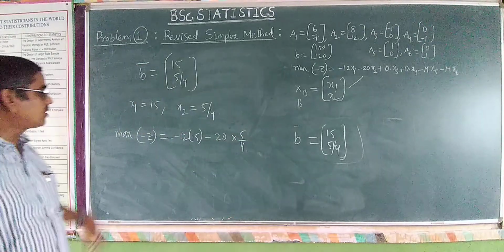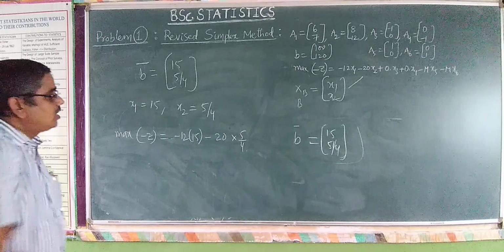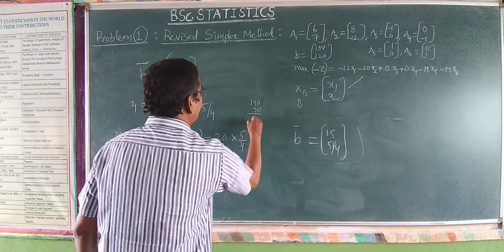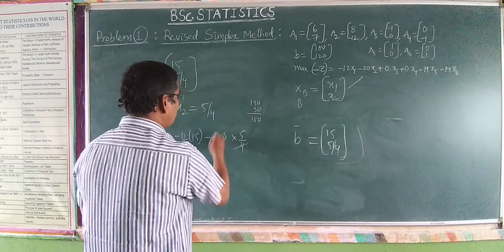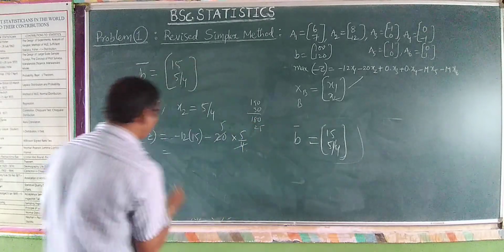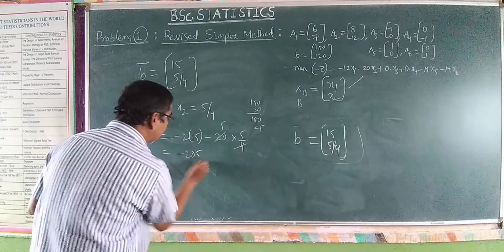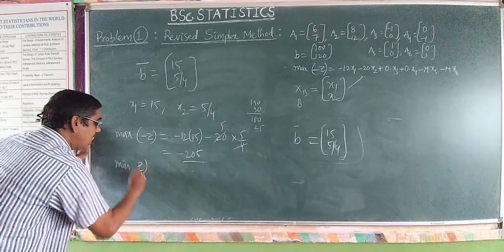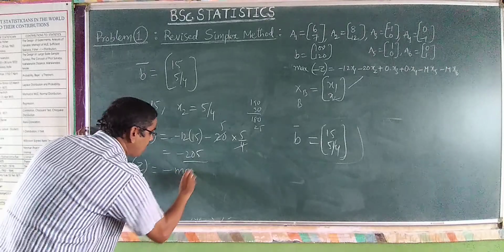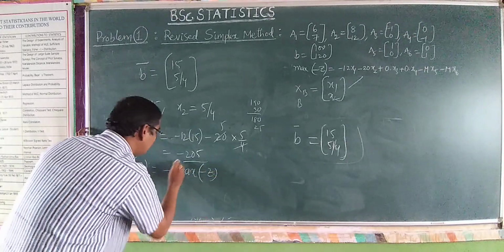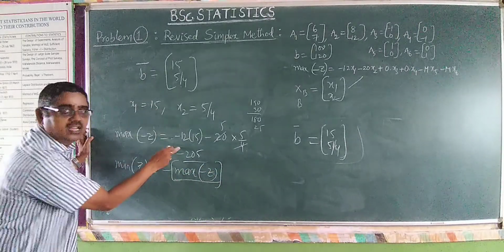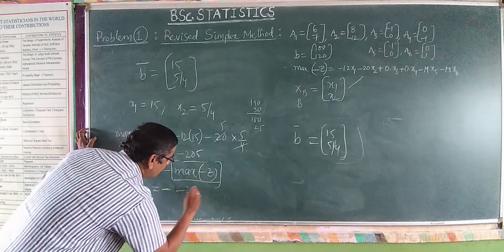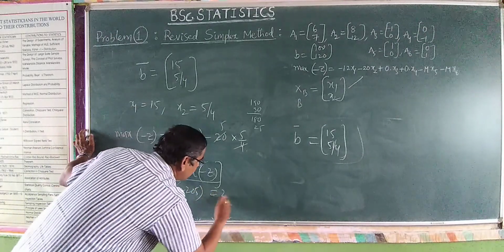This is what maximize minus z. So hence you have to calculate 150 plus 30, it is 180. 180 plus 25, so 205, minus 205. This is the value. Now you have to calculate minimize z. As usual, minus maximum of minus z is nothing but this value we have obtained here. It is minus of minus 205. Therefore, it is equivalent to 205.